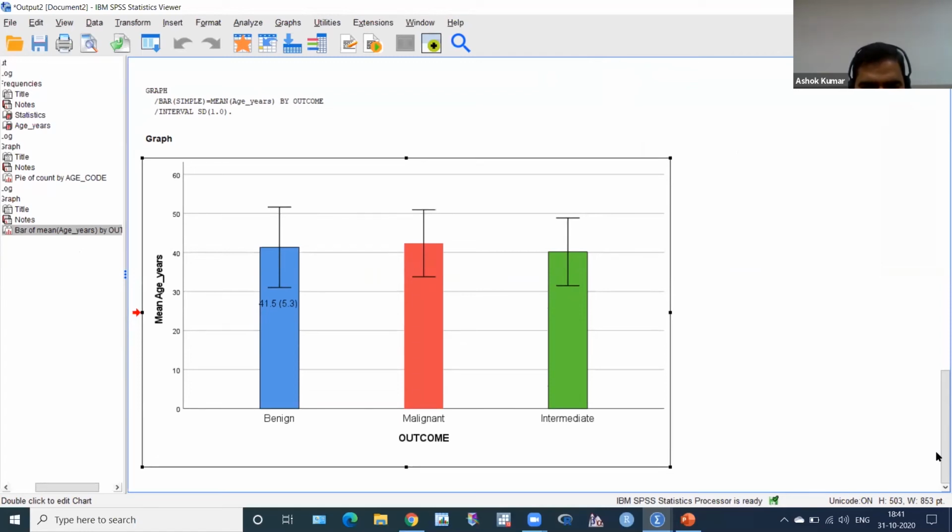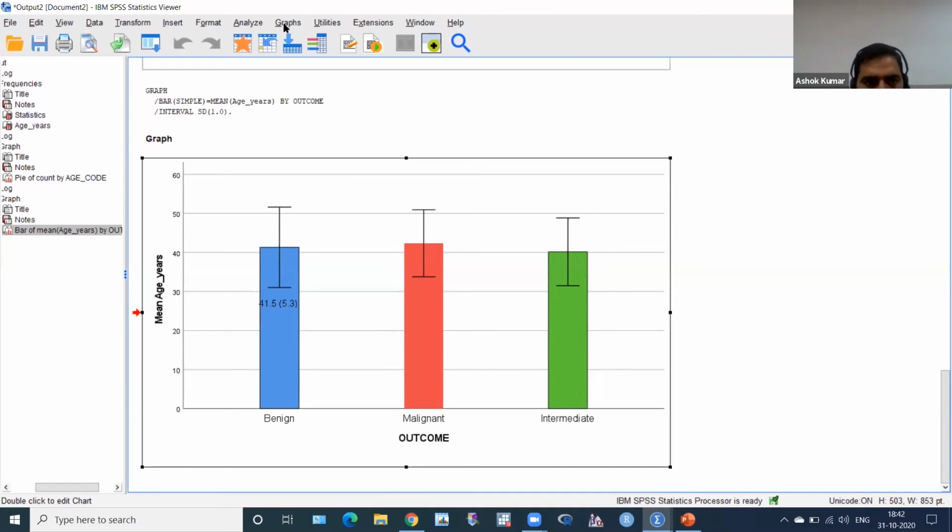So I have told you bar, and then pie, and then box plot. Box plot is simple, and after box plot there is, I think, the closing ceremony session, and after that session I will demo how to get sensitivity, specificity, negative predictive value and positive predictive value in other software. We will not get them in SPSS. I think that will take around 5 minutes, not more than 5 minutes. But we have to use another software.